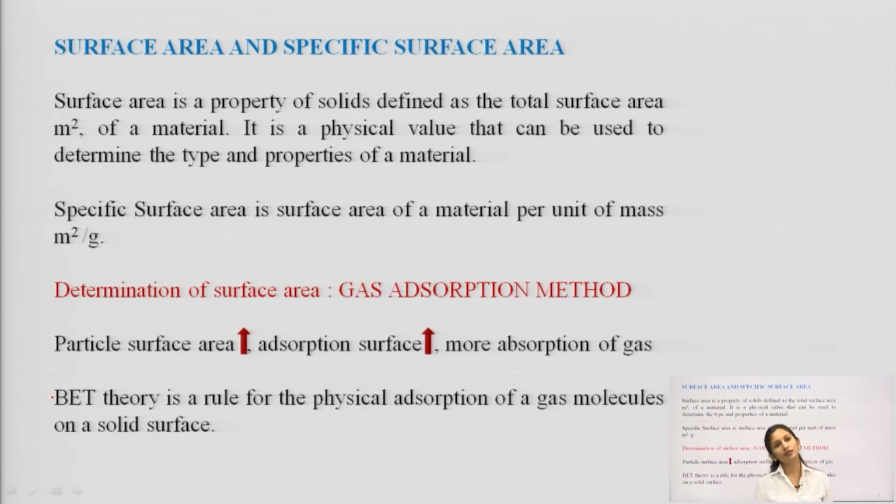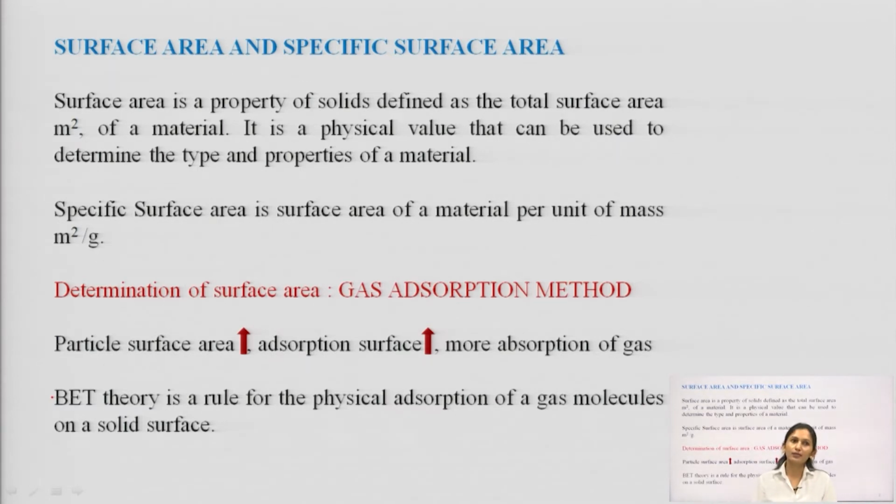So, first, what is the difference between surface area and specific surface area? When we say the surface area of that much of particles, that is surface area, but when we say the surface area of 1 gram, or of a unit quantity, then it is known as the specific surface area. Surface area is a property of solids defined as the total surface area